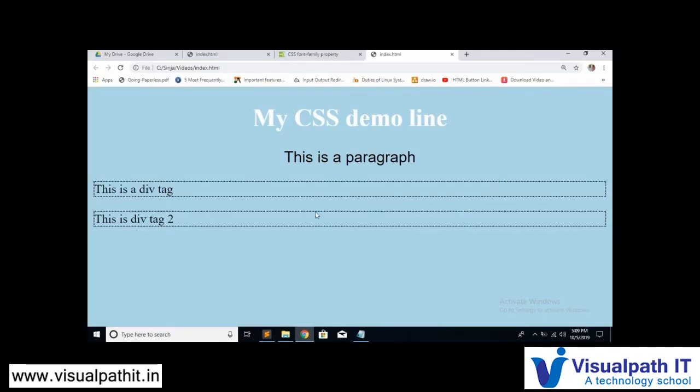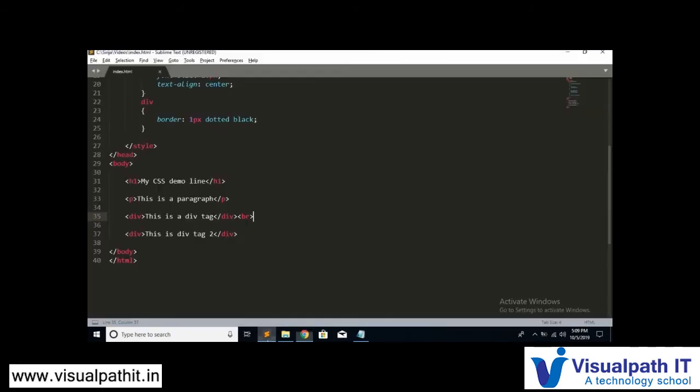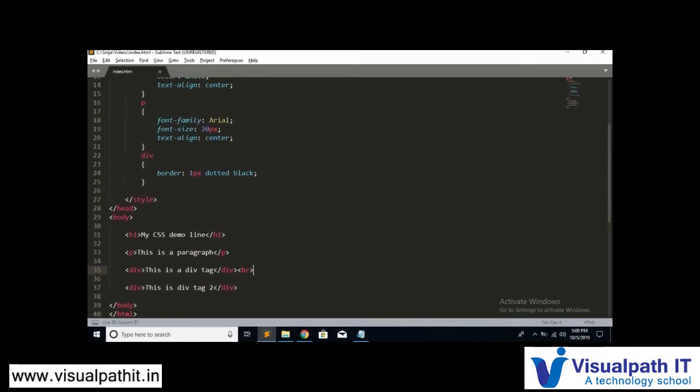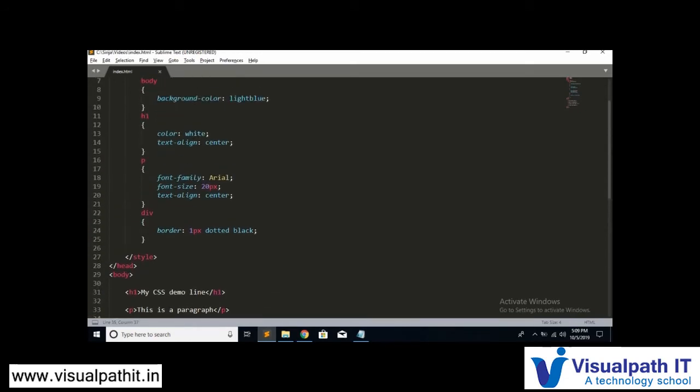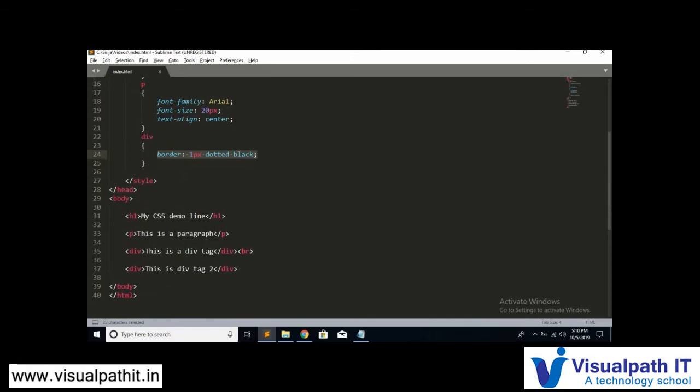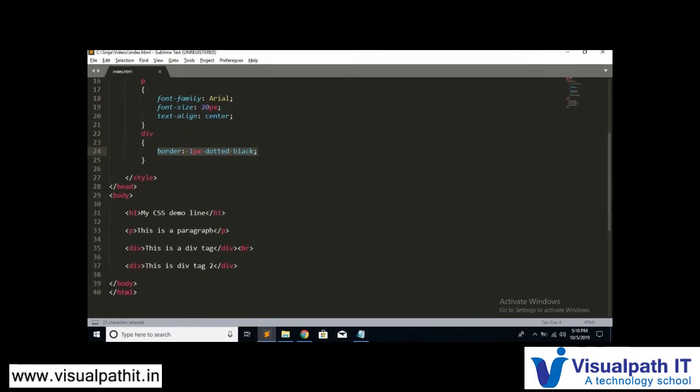Here, both are given the same style. So I have told you, giving a style at the internal level. When I gave the div tag, it will just give this style to all the divs that are present. It will not say that I will give it to only this tag or that tag. So you can even say that this may be a drawback, because you wish that each and every div tag should be of the same format, but only one div should be of some other format. So we can even do that.